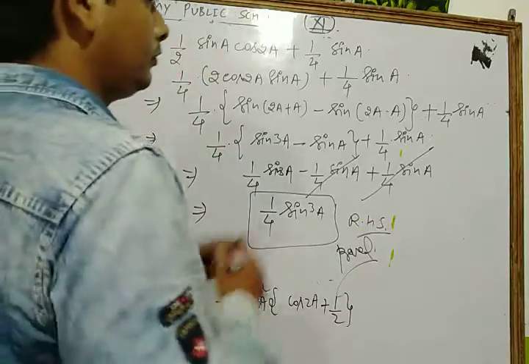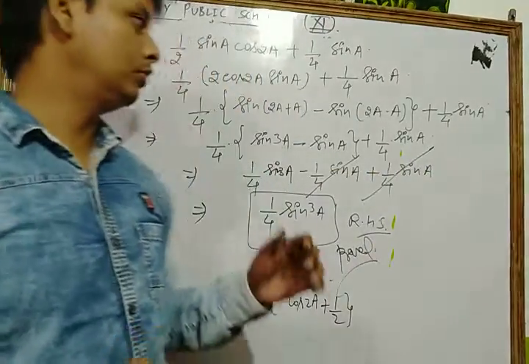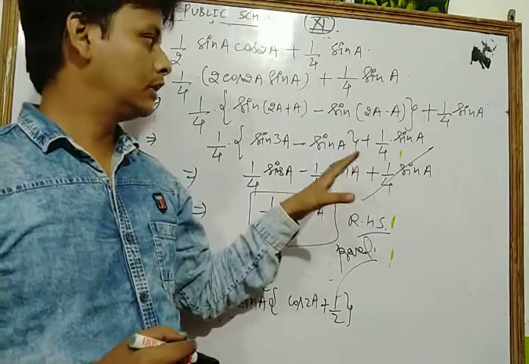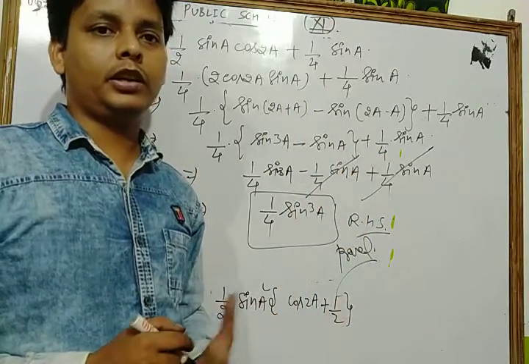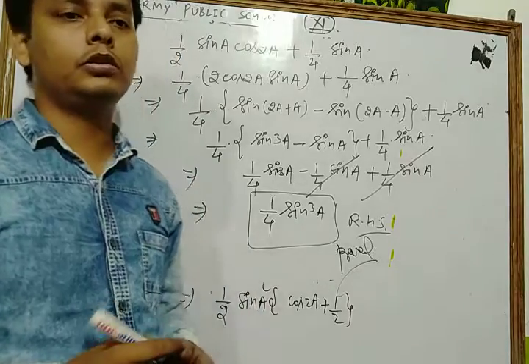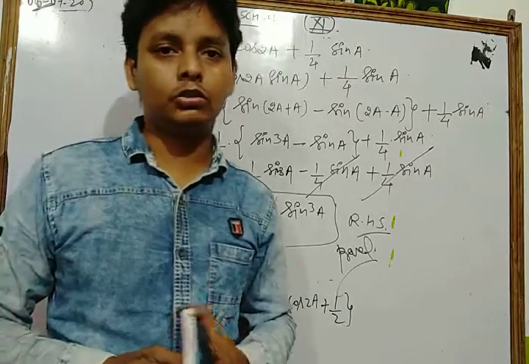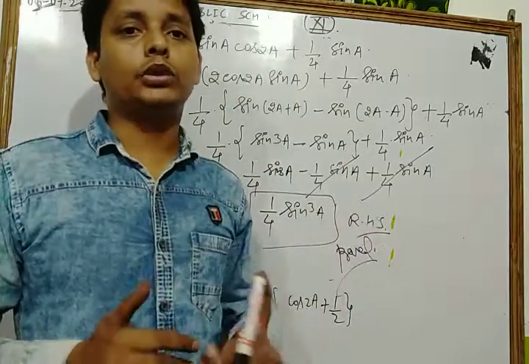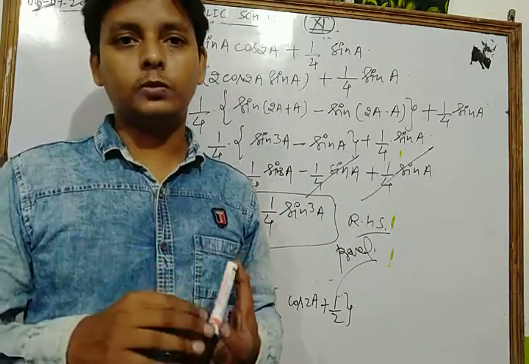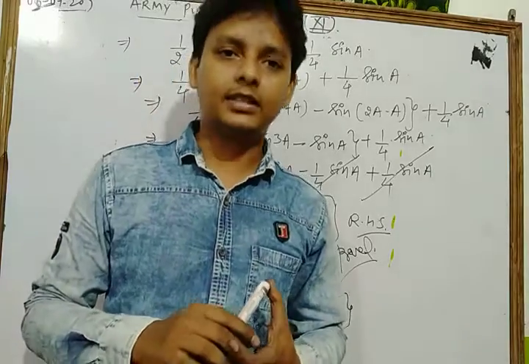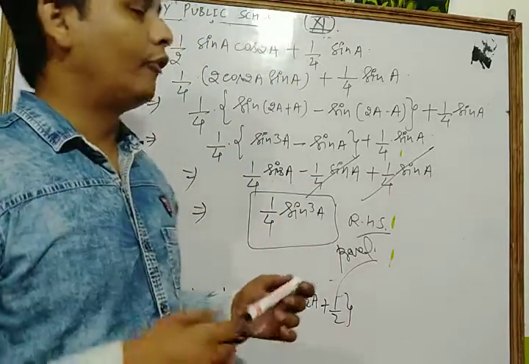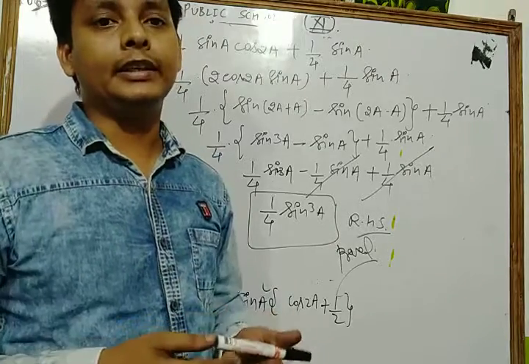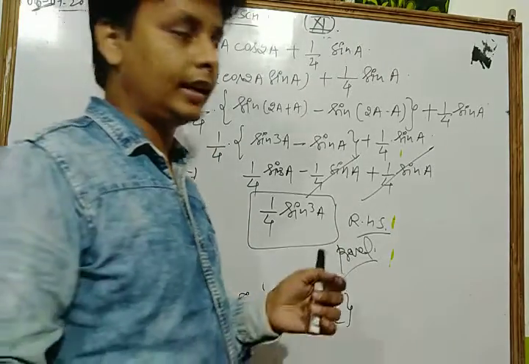proved. So dear students, you can prove that type of questions in this way. Okay, now you solve all the questions of your NCERT exercise based on the identities of 2 sin A cos B, 2 cos A sin B, 2 sin A sin B, and 2 cos A cos B, and complete your exercise. Okay, now we discuss some other 4 trigonometric identities. Okay, right now let's see.